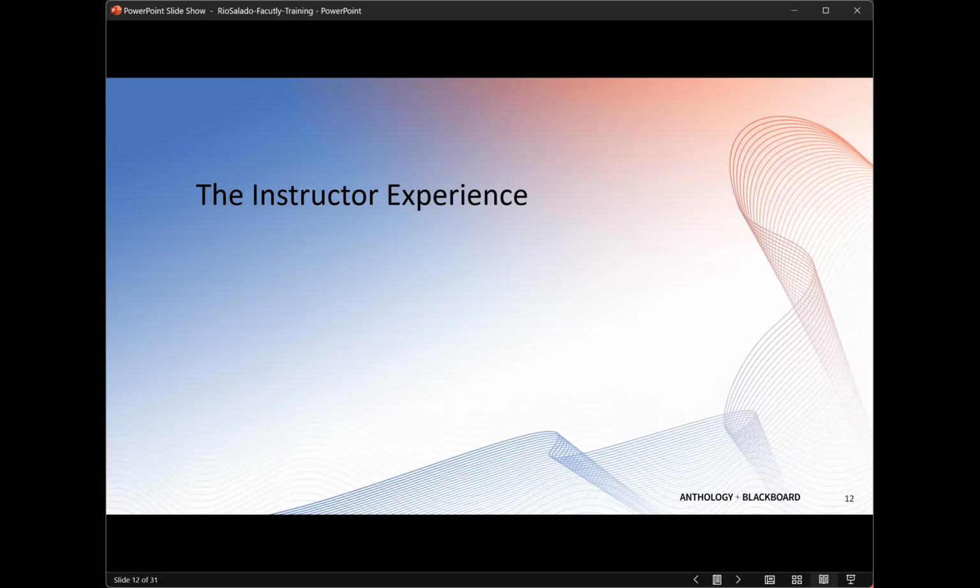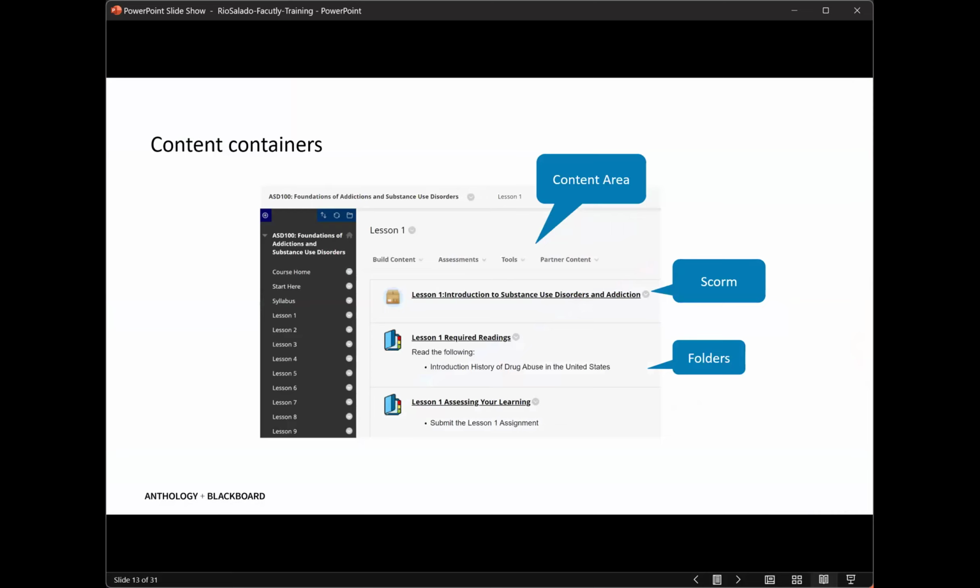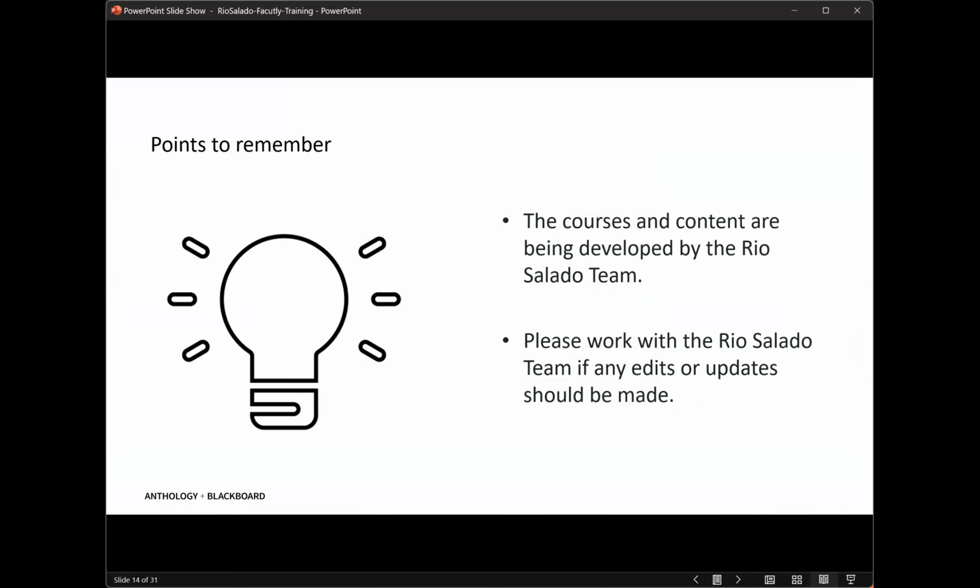So we did do a lot already from the instructor side. You've got content containers, the content areas. You're using a lot of SCORM packages, which is awesome. I love how SCORM looks on the page. Graphically, it looks put together, so I'm glad y'all are using it. Your team's making use of folders and content items and that type of thing.